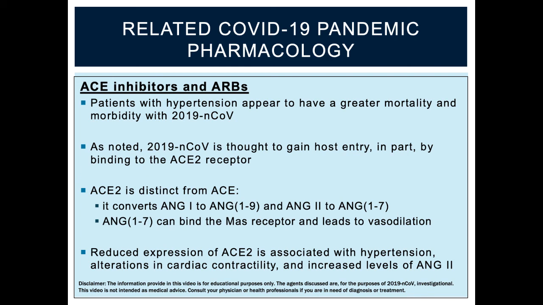It's been observed and documented that patients with hypertension appear to have a greater mortality and morbidity when infected with the 2019 nCoV virus. This has generated much discussion when considering what's known about how the virus enters the human body by way of the ACE2 receptor in the lungs that I mentioned earlier. This is because most patients being managed with hypertension are taking either an angiotensin-converting enzyme inhibitor or an angiotensin receptor